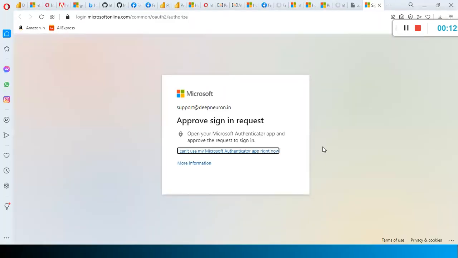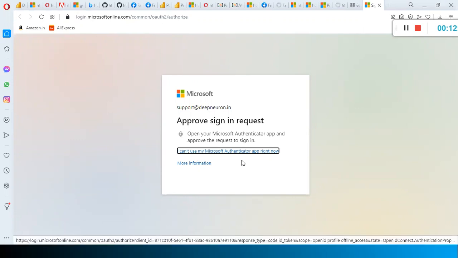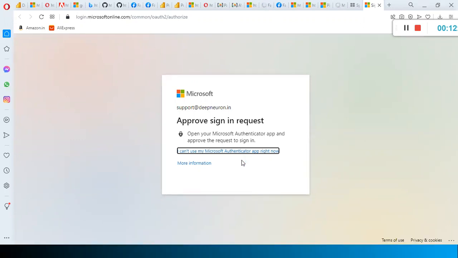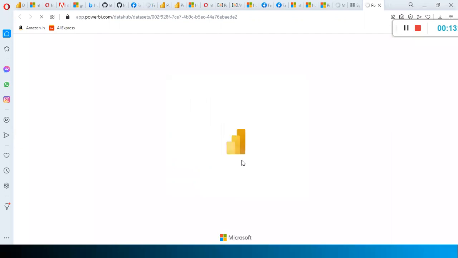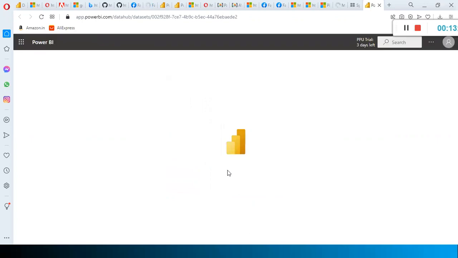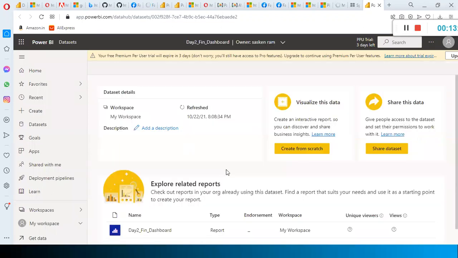And here you need to have the Microsoft Authenticator app. You need to go and install it. When time permits, look here, Microsoft Authenticator. Go to Play Store and install it. Very simple one. You can also do it now, side by side, on your mobile phone. Go to Play Store and type Microsoft Authenticator. See, now I authenticated from my mobile. Now I should be able to see the dashboard or report which I created for that.